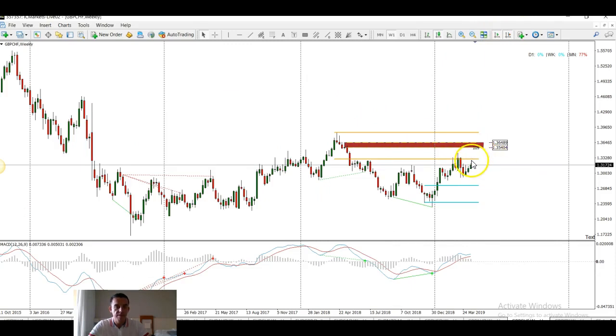Could see a little bit of a move back up towards this 135 area, then sell again towards down here. This is going to be heavily linked to what's happening in the UK, so just be careful with it. British pound,